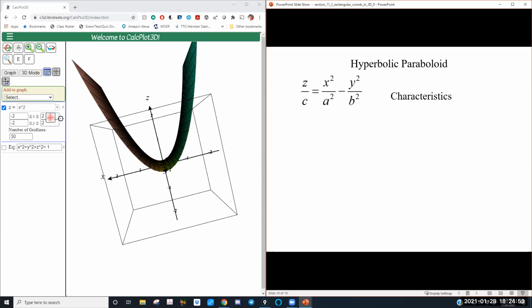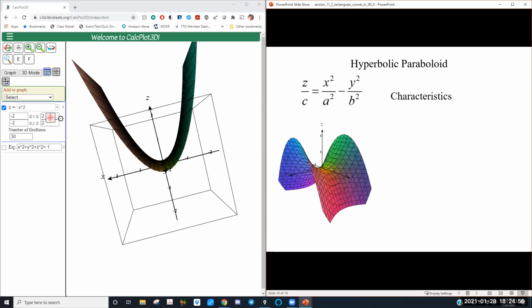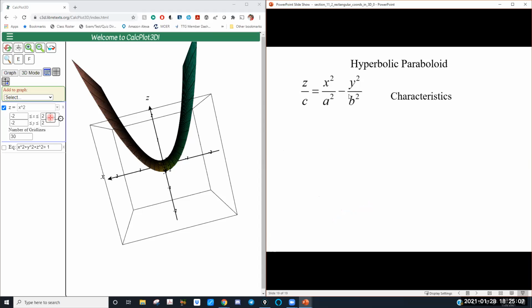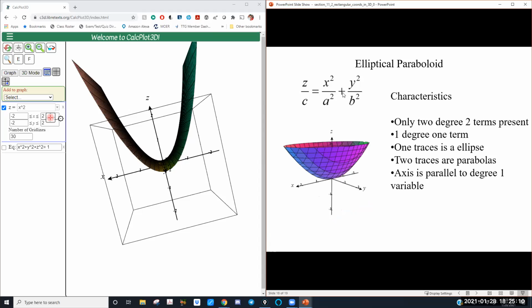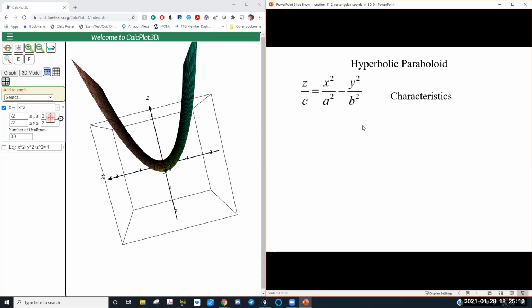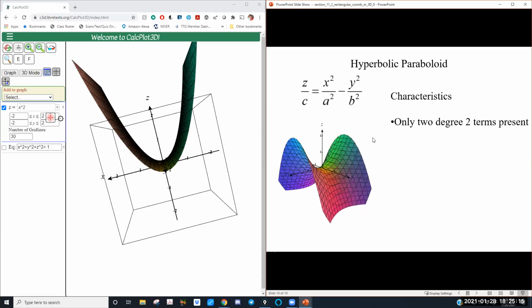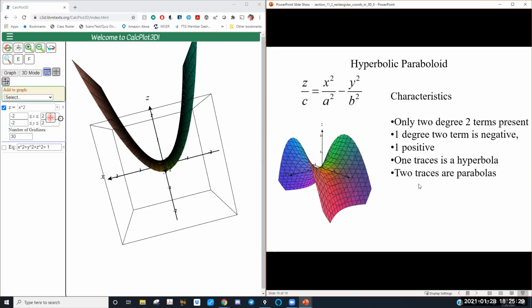And finally, hyperbolic paraboloid. Looks like a Pringle, you know, the Pringle chips, or a saddle that you might put on a horse. We'll see this guy again. Very similar to the elliptical paraboloid, except what happened, that sign went negative. Just like the difference between an ellipse and a hyperbola. All right. So we've got a hyperbola in this direction, and we've got a hyperbola in that direction. So it's actually the intersection of two parabolas. And this actually is the shape of a Pringle chip.